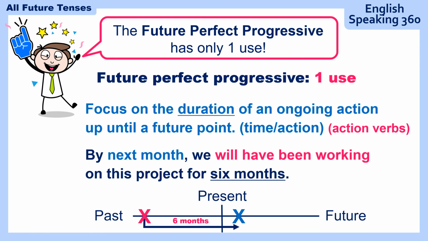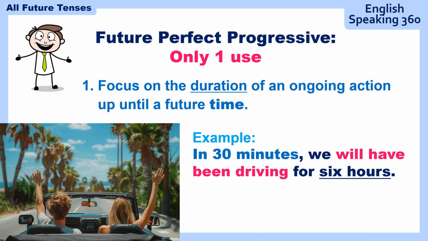So you see, the graph is very similar to what we have just studied before for the future perfect. But the future perfect, if you remember, it was not for action verbs. It was only for state verbs. Also, important to know, we don't know if the action is going to continue or not. It is not clear because it's not part of the sentence. I'm going to give you a few examples.